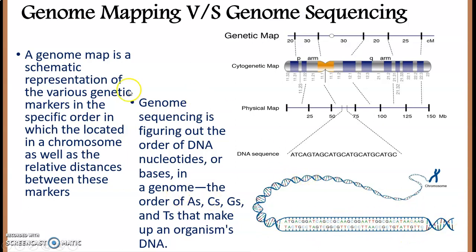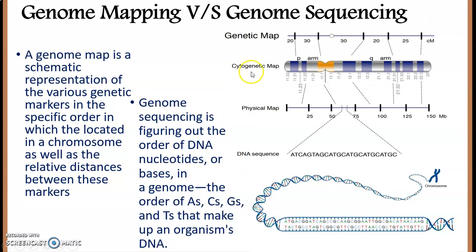Okay, so the Human Genome Project was actually aimed to sequence the complete genome of the organism, all the chromosomes that the human possesses, all the 23 pairs of chromosomes, and the mitochondrial DNA as well. Along with that, mapping was also done, and it was useful in sequencing the genome. So mapping actually helped in sequencing the genome. It is a different thing beside genome sequencing. Okay, so I hope you're clear with what is a genetic map and what is a sequence.